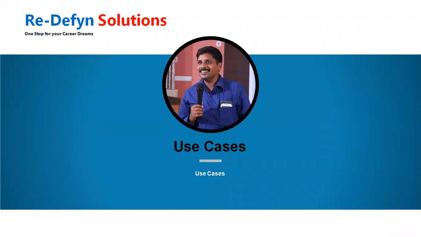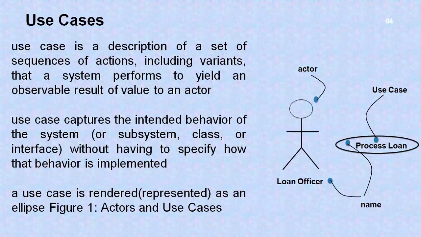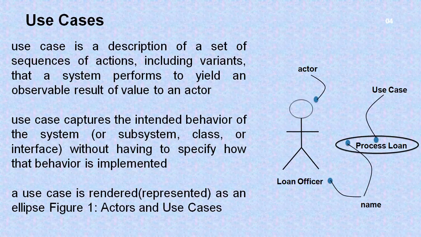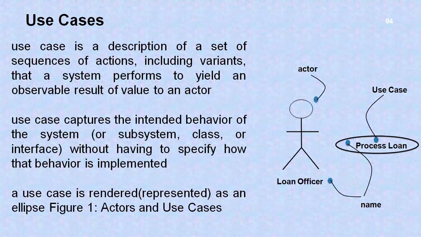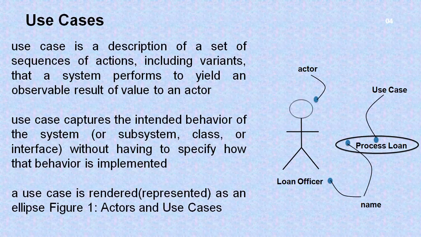In this video, I'll be talking about the use case model in UML. A use case involves the interactions of actors and the system or other subject. Here an actor represents a coherent set of roles that users of the use case play when interacting with these use cases. When we say actors, these actors can be humans or they can be any authorized systems.